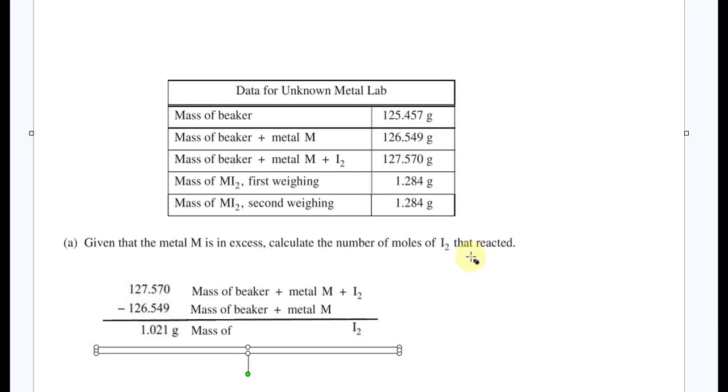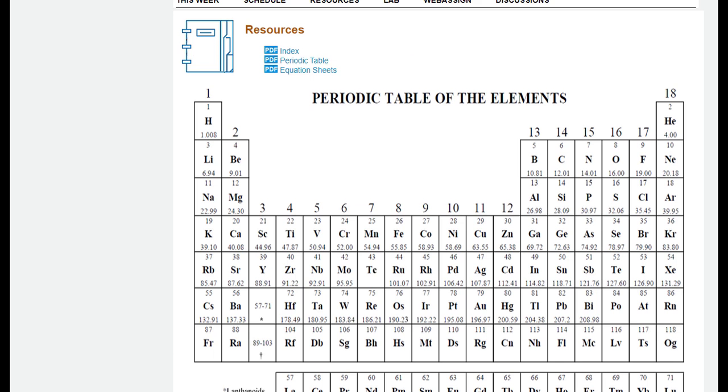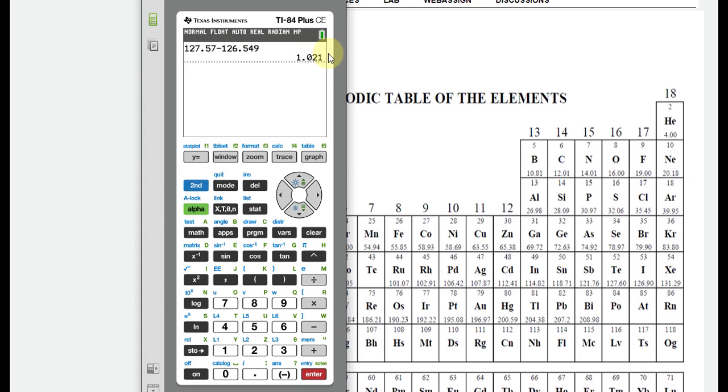but they want the moles of iodine that react. We can just take the periodic table to find out the molar mass of the iodine. I can change a mass of any substance that I know the formula of into moles. Fortunately, we have a separate booklet for the FRQ where we have the periodic table that we can flip to while still having our booklet open. So let's do the calculation to change this grams into moles of iodine. Well, we know you take grams and divide it by the molar mass, but this is I2, so we're going to have to get the formula right and multiply it by 2. So I'll get the iodine